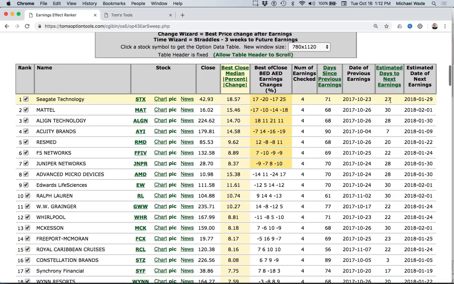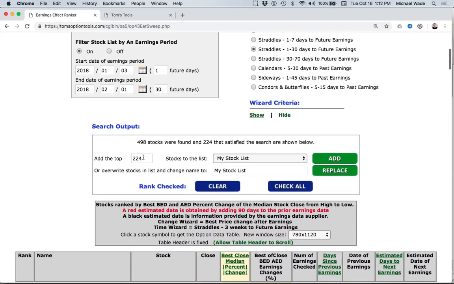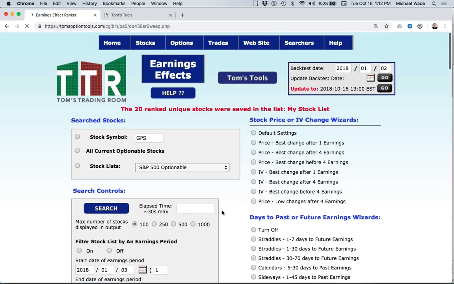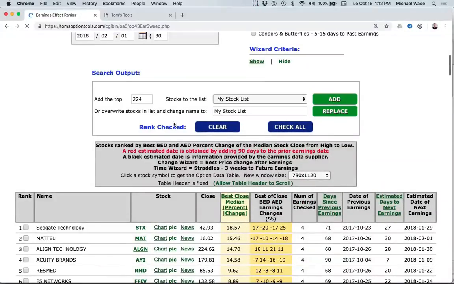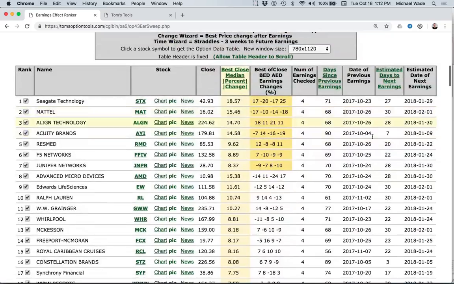All right, so what do I do with these stocks? Well, I want to check out straddles on them. So the first thing I could do is say, wait a minute, why don't we just take the top 20 of the best movers and save them into a list called My Stock List. What I just did was change top 224 to 20, and then I'm going to click replace, and that's going to copy these top 20 stocks that have really nice price movement after